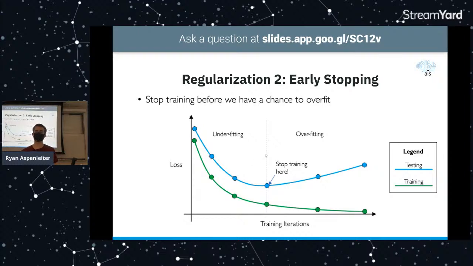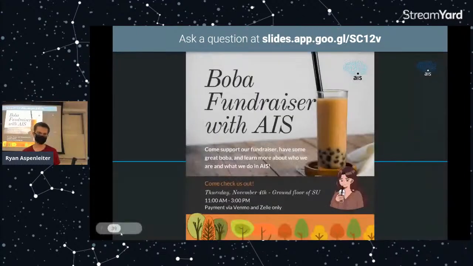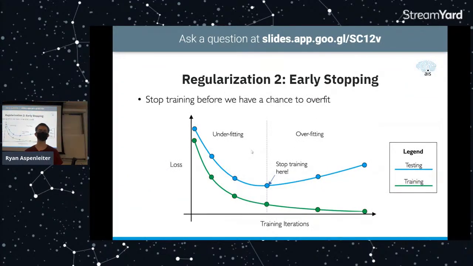So there's a few options. One, you can just stop it manually. If you observe that the validation data loss is starting to get too high, or another way of saying it is the accuracy of your model starts to get a lot worse, you don't want that, so you can stop it early.